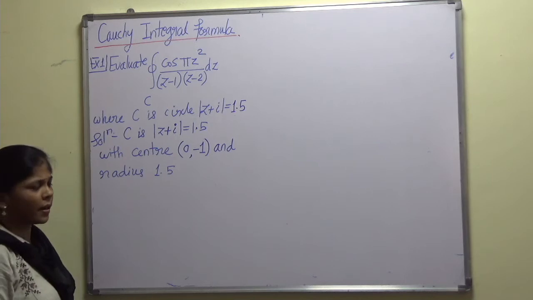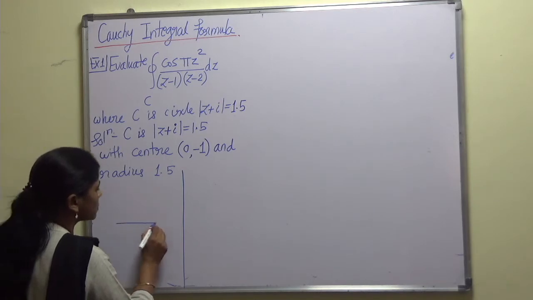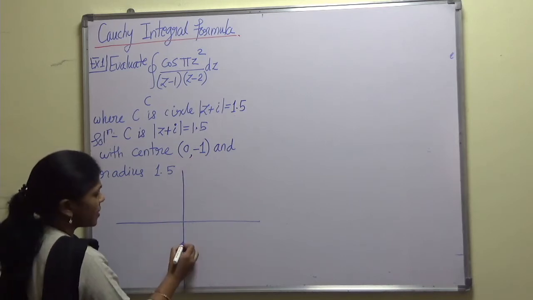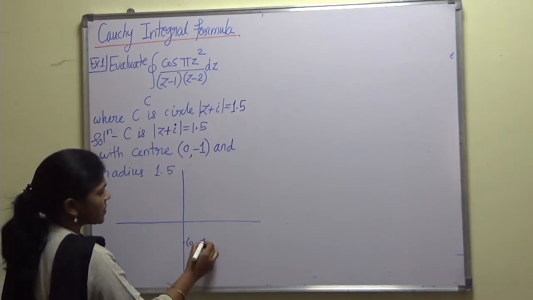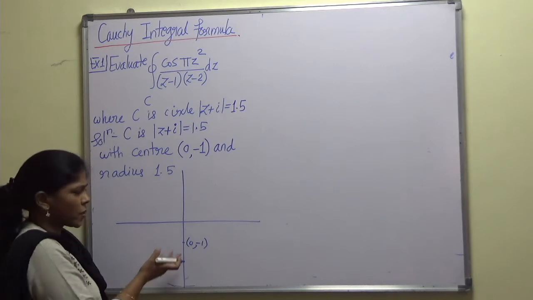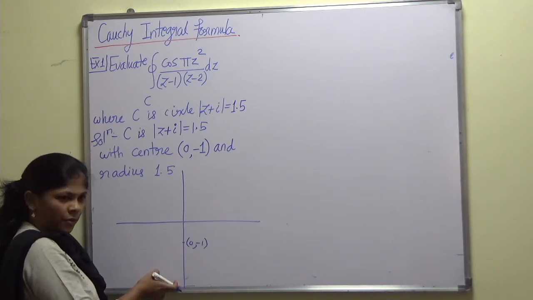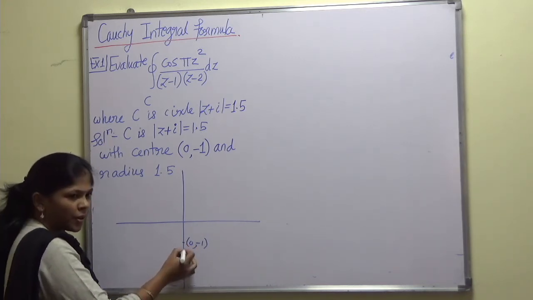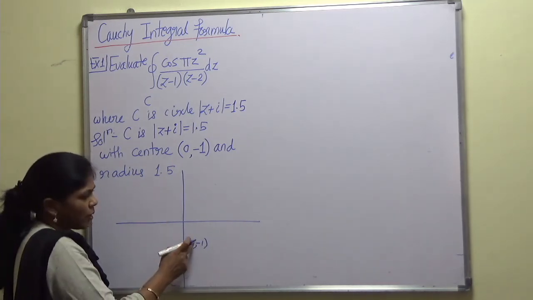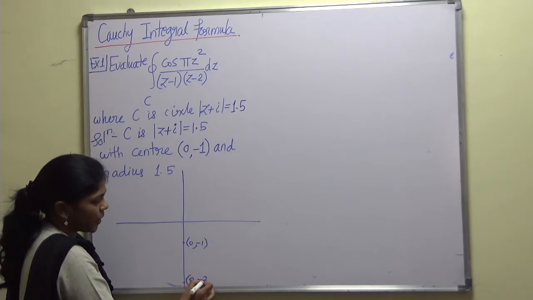Now with this center and radius, let us draw the circle. So the center is on the y-axis with coordinate (0, −1). So let us have (0, −1), right? And measure the 1.5 unit on the y-axis, so we will measure 1.5 unit up as well as 1.5 unit down, right? When we measure 1.5 unit down, we will have to subtract 1.5 from this −1. So −1 − 1.5 will be nothing but −2.5.